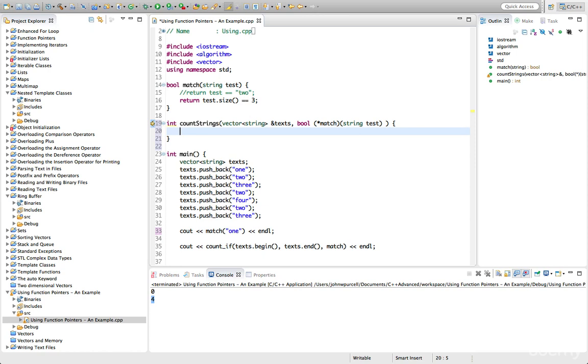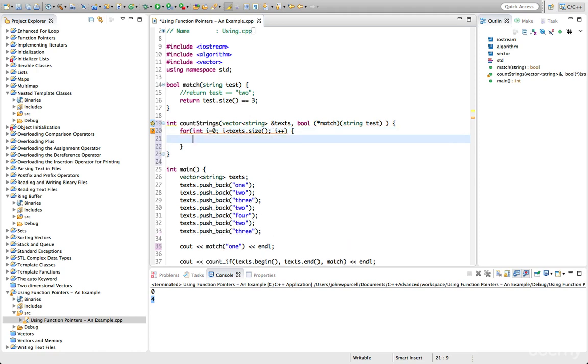So we could iterate through the vector. There are several ways of iterating through a vector. There's at least two good ways in C++98. C++11 adds an even better way. But let's just do it like this. Use a kind of index-based loop, and we're going to say, if we get a string, we can say text. So text I is the string we're looking at, and we need to apply this match function to it. So let's say if match text I,